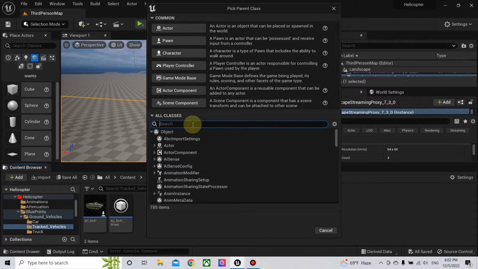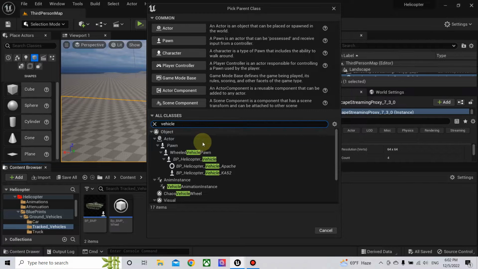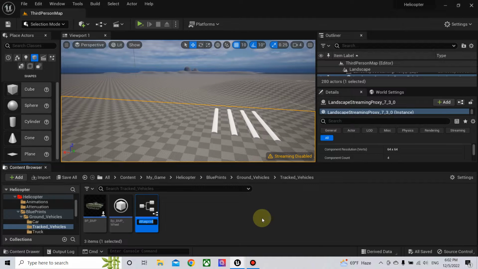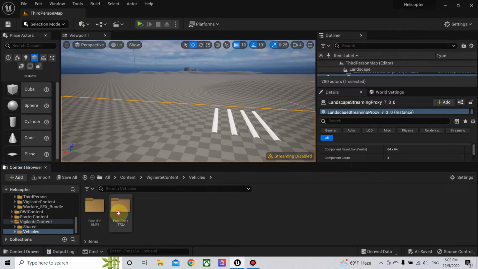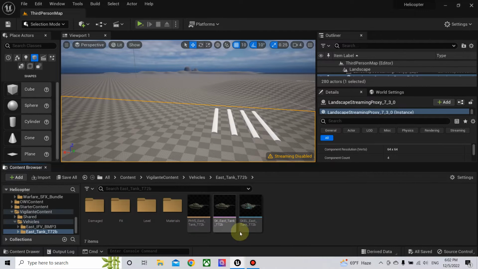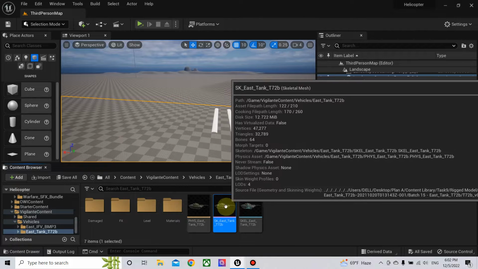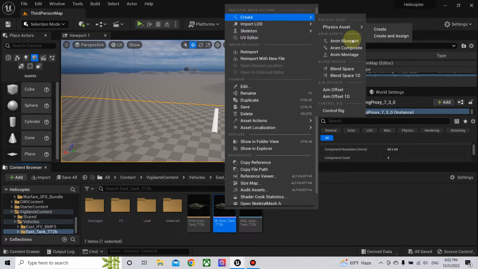Let's choose vehicle, wheeled vehicle pawn, P underscore T72 tank. We will use the Vigilante content. We'll use the T72. First, let's make a new animation blueprint